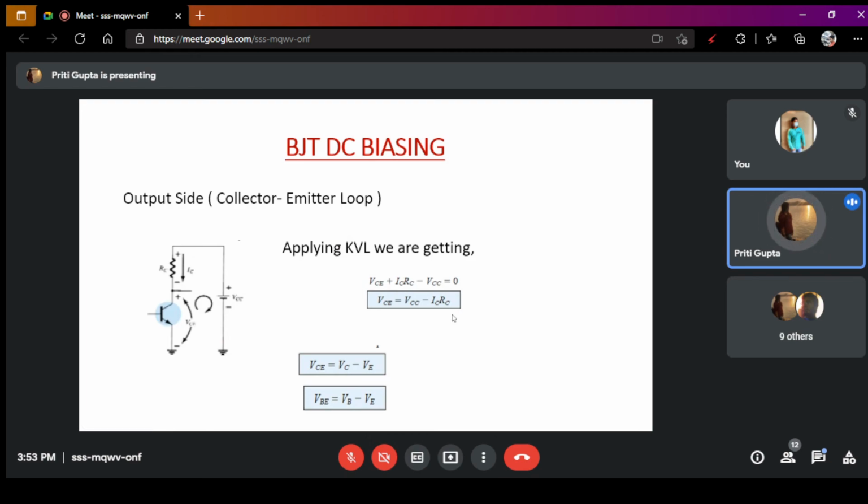If you recall the load line part, there are also VCE and IB. These two are very important things that you have to mark in the load line drawing. VCE and IB are the operating points. VCE, that is the collector to emitter voltage, and IB, that is the base current.